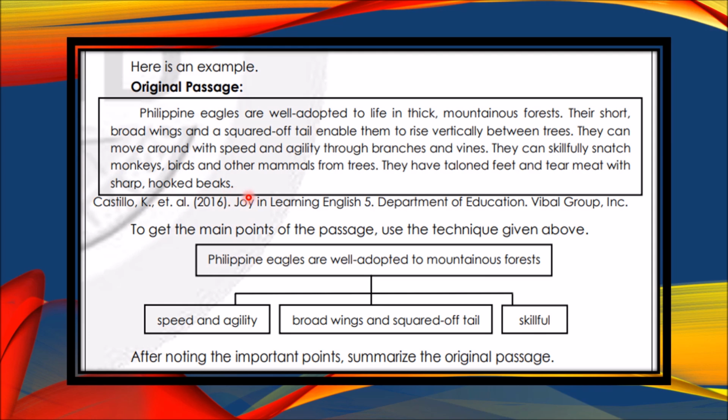Okay, to get the main points of the passage, use the technique given above. First is the main idea. You can find the main idea at the first sentence of the paragraph or text. Okay, the main idea here: Philippine eagles are well adapted to mountainous forests. This is the main idea. As you can see here, you can find the main idea at the first sentence of the paragraph. Okay? Then